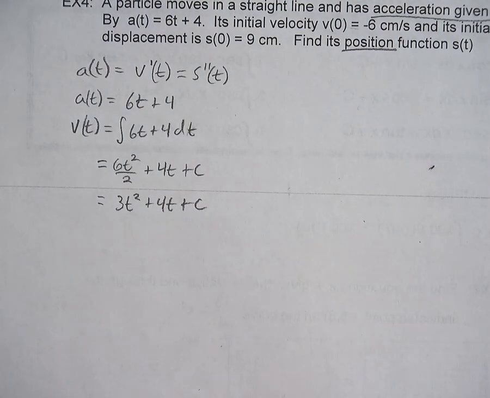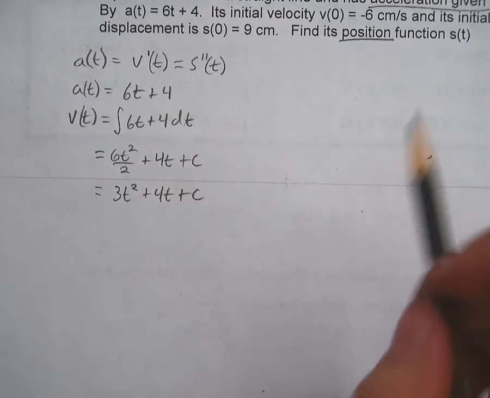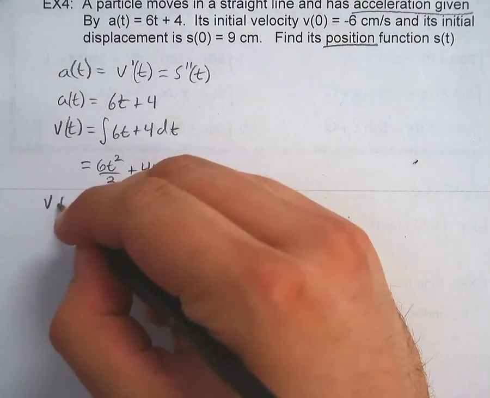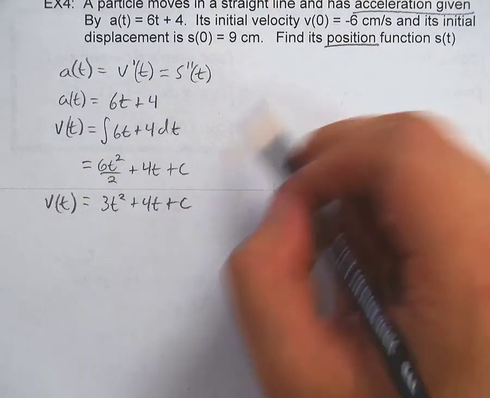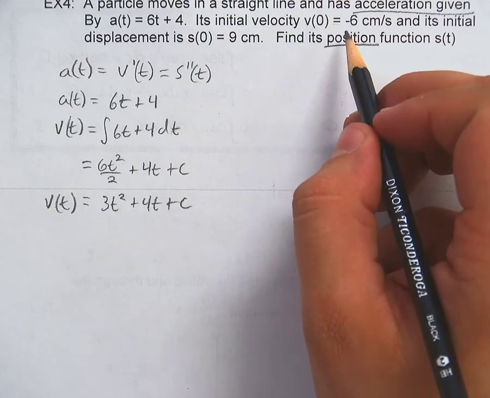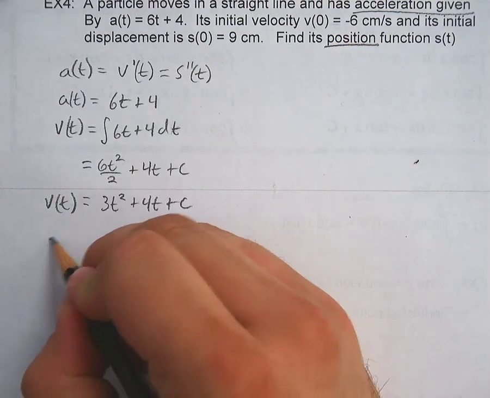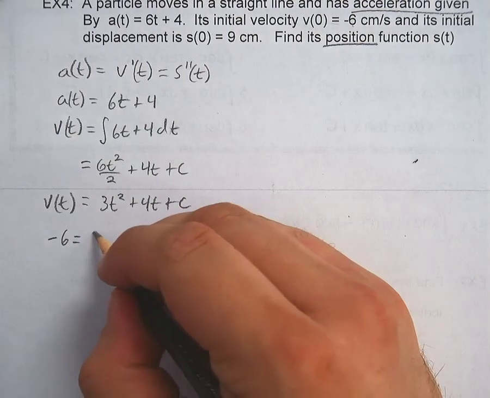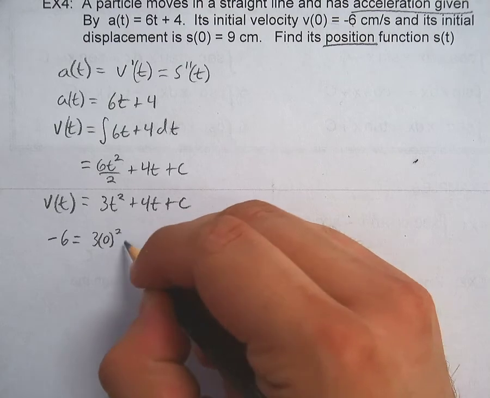And what they have done is they have given me an initial condition. I have my velocity now, this is v of t. They said that velocity when t is 0 should be negative 6. So I'm going to set my velocity to negative 6, plug in a 0 for t,